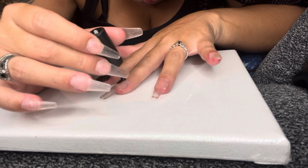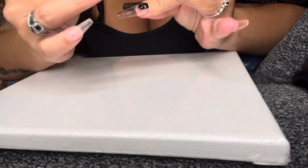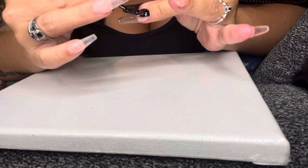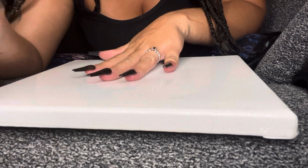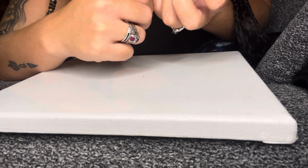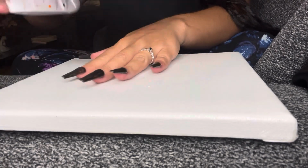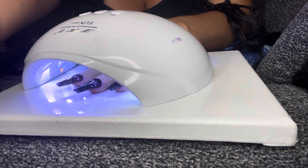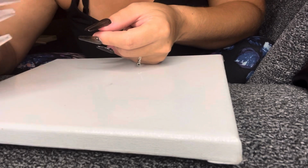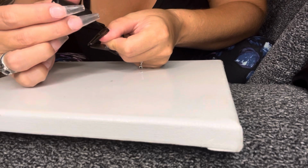And my thought process, these were going to turn out really cool. And I think if they would have, I ended up, which you'll see later in the video, my ring finger and my pointer finger, I ended up taking all of the polish off of those and redoing them because I did cheetah print. So here in a minute, you'll see me get out my matte. I'm about to dry my first coat of the black, and then I do a second coat of black, let that dry, and then on my pointer finger and my ring finger, I put the matte top coat down, and then I was gonna lay down the shiny over the top of it, but make it look like cheetah print,